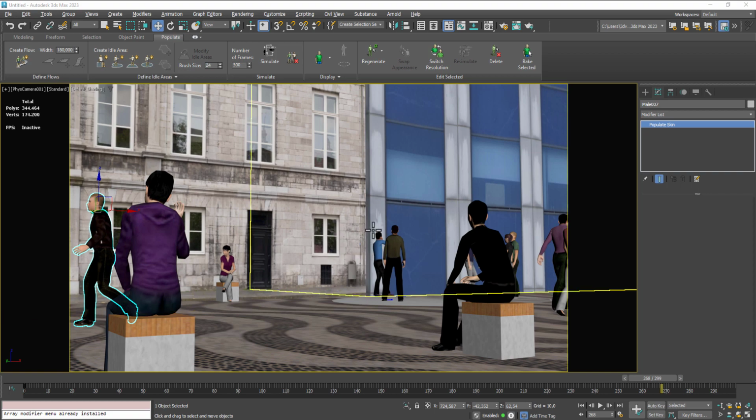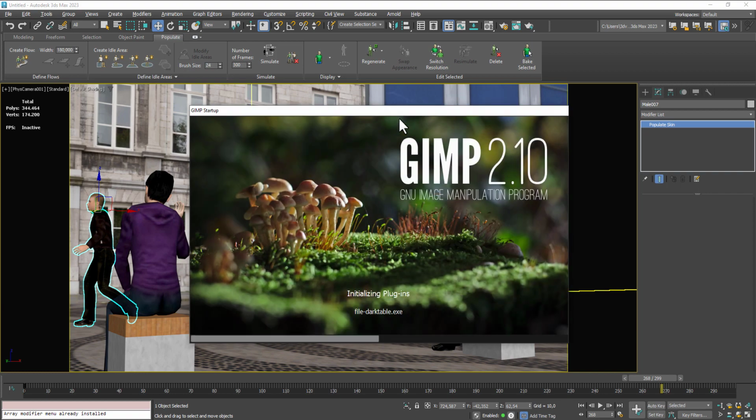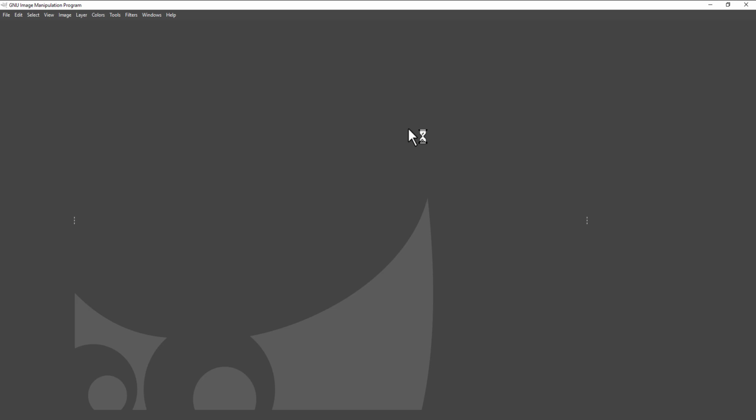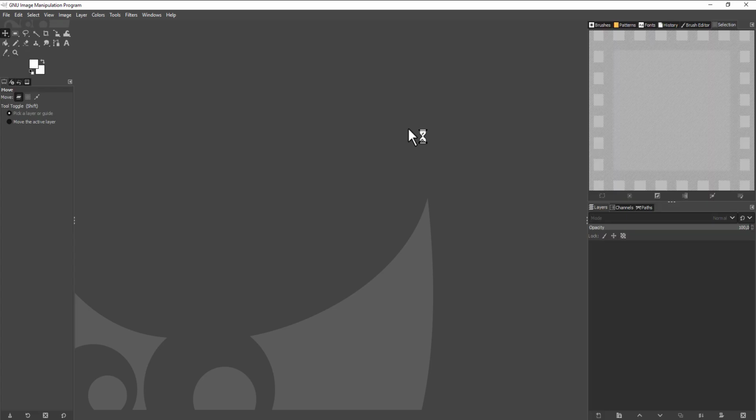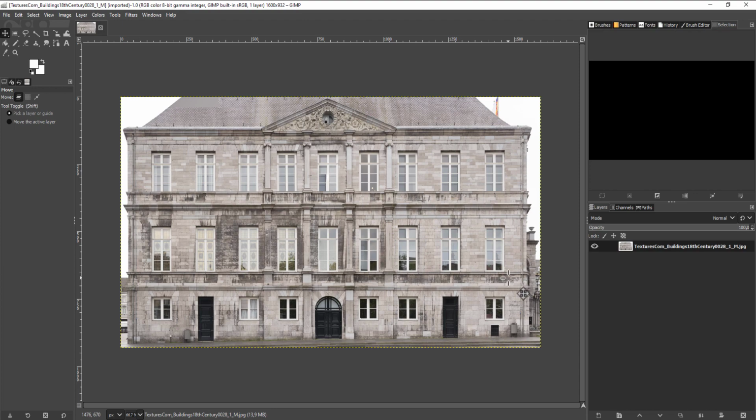in our scene. I want non-glass parts to be non-reflective. For this I will need two masks, black and white. This software or GIMP, or you can use Photoshop or other graphic editing software. And I open my building texture. Yes, open my texture and